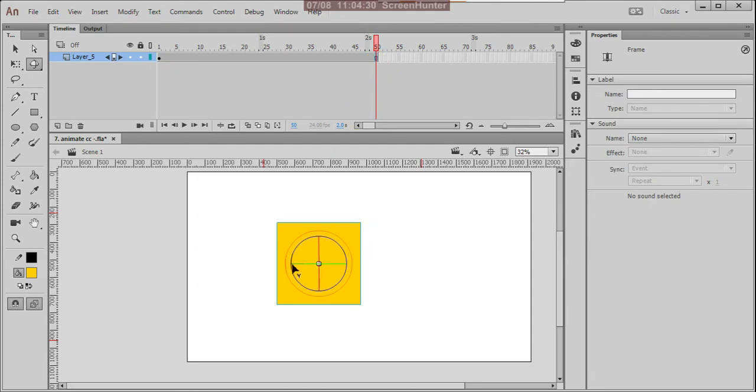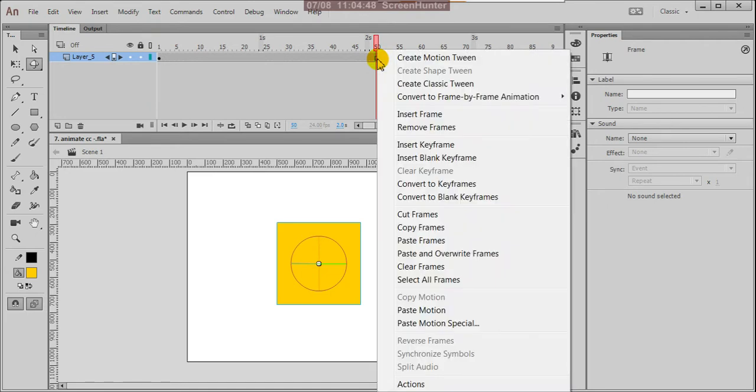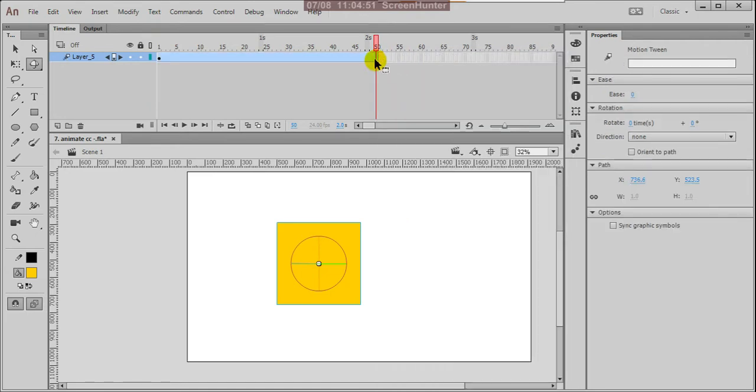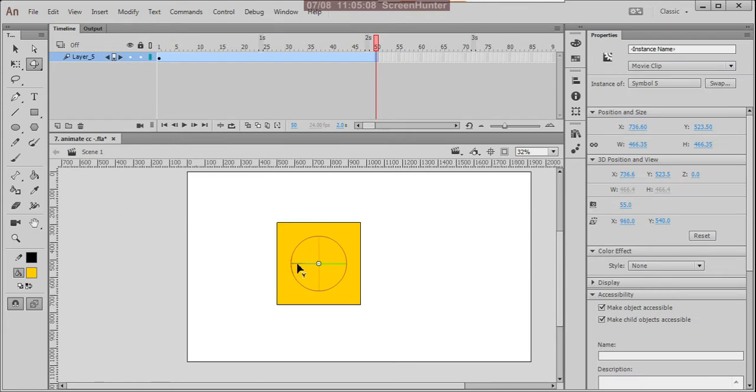Here you can change this direction. Then create motion tween. About motion tween I'll explain later, because I'm not explaining animation here. I'm explaining the 3D tools, the 3D rotation tool. Now at the 50th frame, you change the direction.